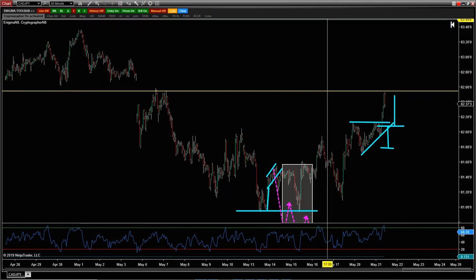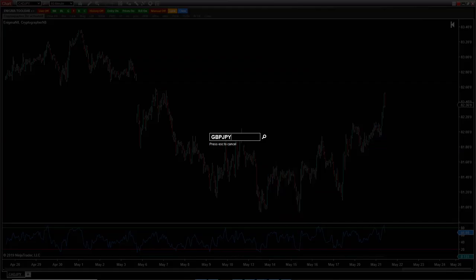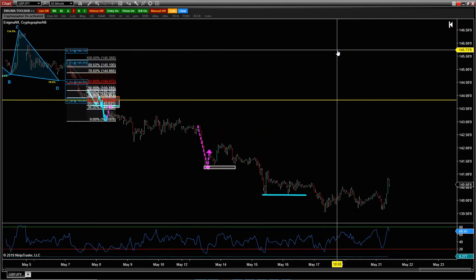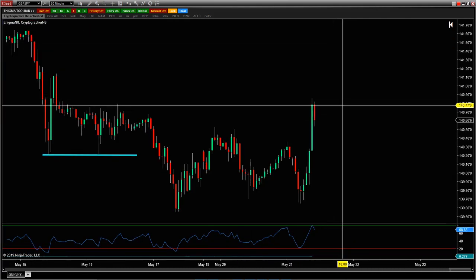Any other pairs you guys want to take a look at? No trades for me today. I had a trade yesterday on pound yen, which went well. Was happy about that. Got the week off to a good start. But any other pairs you guys would like to take a look at? Those are the ones that were on my radar today. I'll do a brief little click around. I know these pound pairs have been moving, but they haven't been moving too great, or they've been retracing.